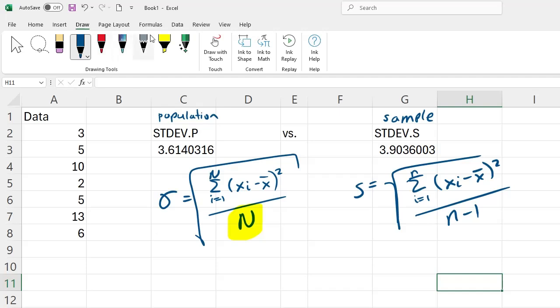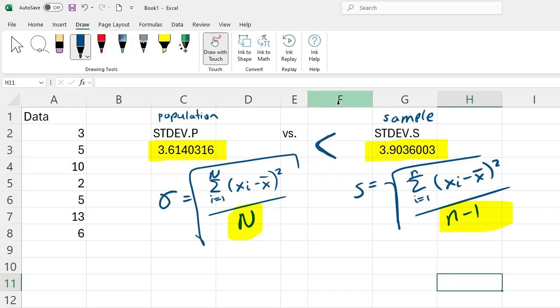Right? So instead of having the denominator, or the bottom of the fraction, being capital N, now it is n minus 1. Right? In this case, remember we have 7 observations, so n minus 1 would be 6. And whenever you divide some sum, right, the sum is going to be the same. So the numerator, or the top of the fraction, is going to be the same in both these equations. But I'm dividing it by less, right? So I'm not dividing it as many times, which means that my answer here is going to be bigger, right? Notice that sample standard deviation is always a larger number